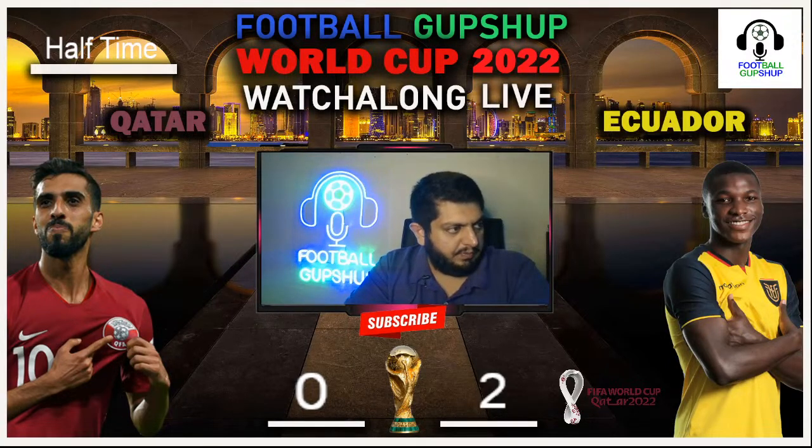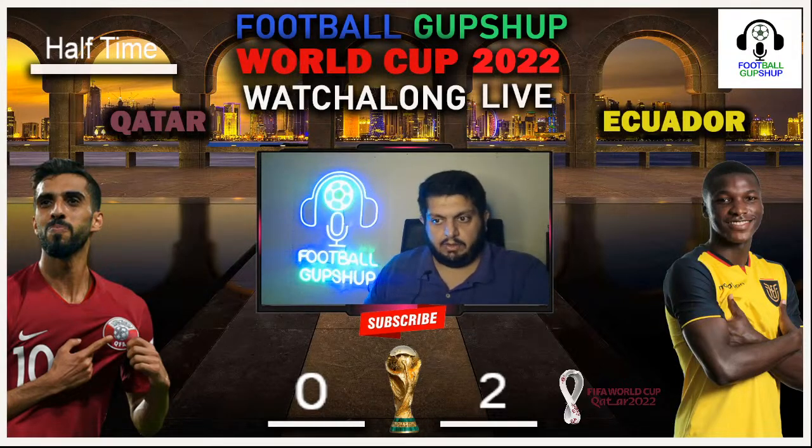So right now it is going to be halftime. They're showing the replays of those goals, and you can clearly see that in terms of who's playing good, I would definitely say that it has been Ecuador, then Qatar. It seems they are trying their very best, but so far it's more or less about who's going to win this game, and that is the case. So let's see what is going to happen.